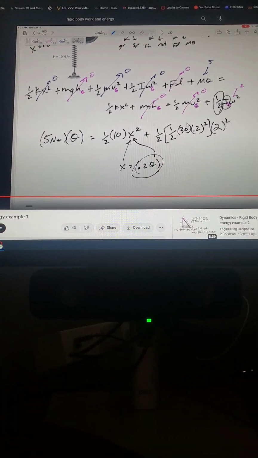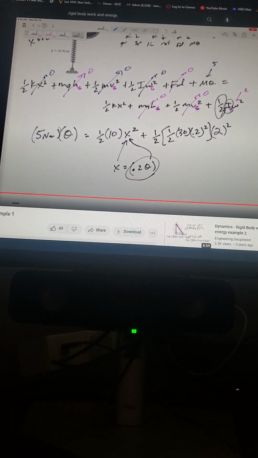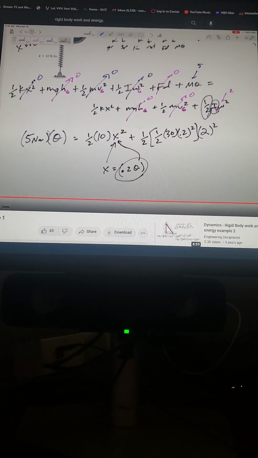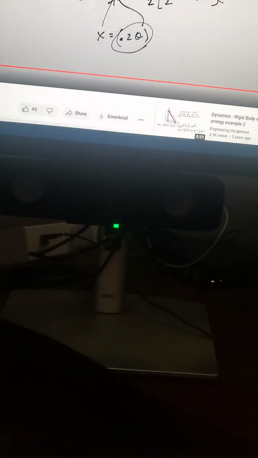There's going to be a bunch of different ways these problems can play out. Like, for instance, this one has a spring. It could not be a spring. We could be dealing with the actual potential energy, how high something is, something falling, rotating as well, because rotation has to be taken into account, angular velocity with work as well, because when something moves in a circle,